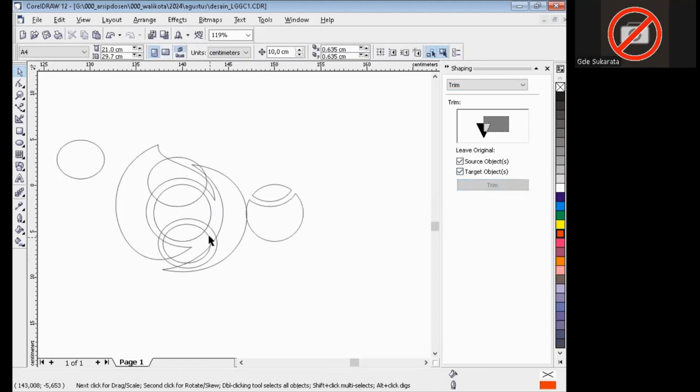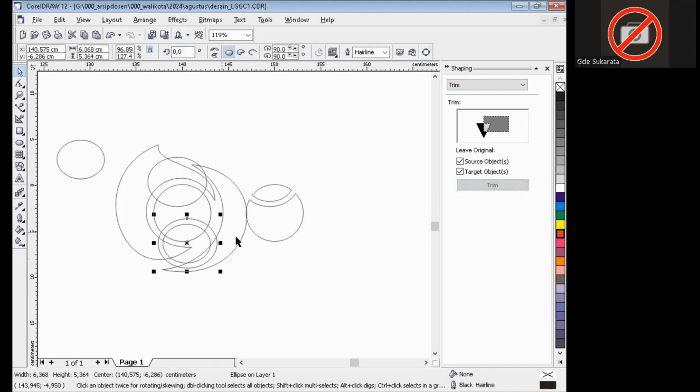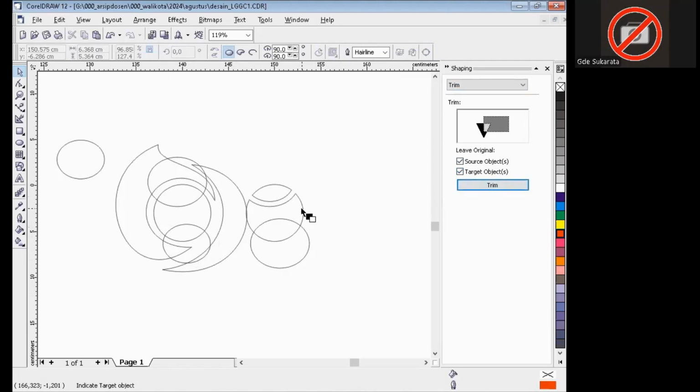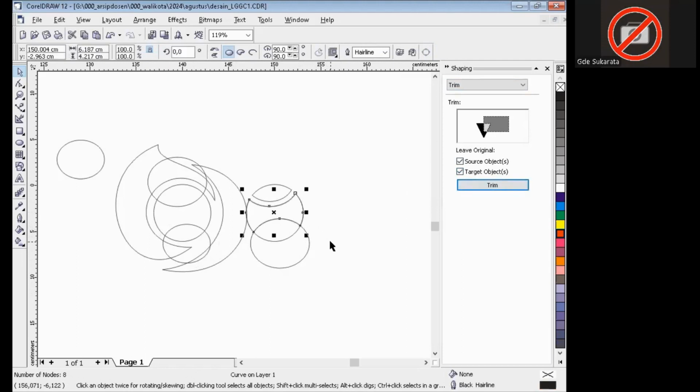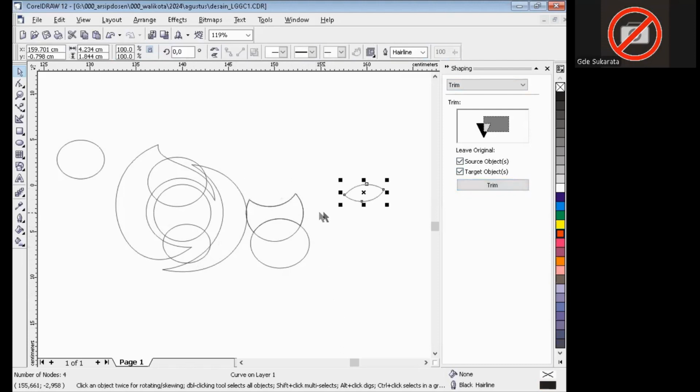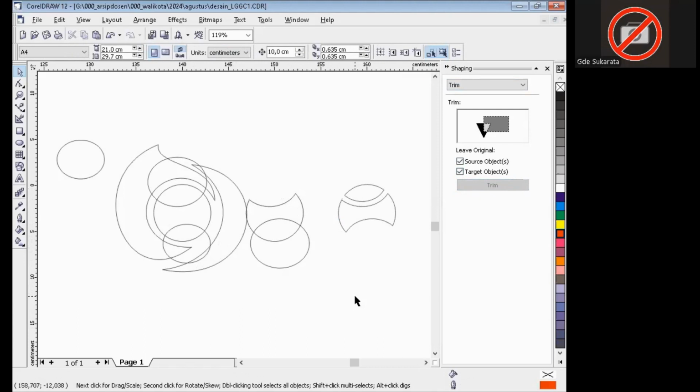Okay, now I want to trim again. Use this. Look at this. Yeah, is the source target. Trim with this. Okay, that's your result. 1, 2.